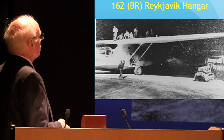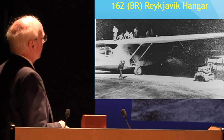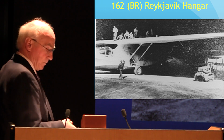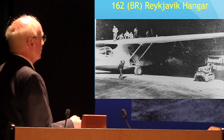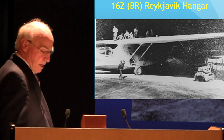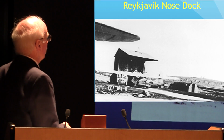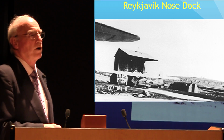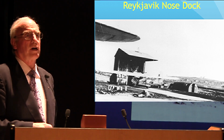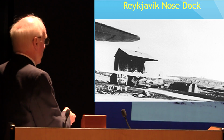This is the 162 squadron hangar in Reykjavik. It could only hold 2 or 3 aircraft. They had a total of 15. You can see this is the type of heavy equipment that had to be transported by ship. And they had to build nose docks because the hangar could only house so many people. And I don't know whether anyone's ever been to Iceland, but the winds there are horrendous. And so have the ground crews work out in the wind. They had to be protected by these